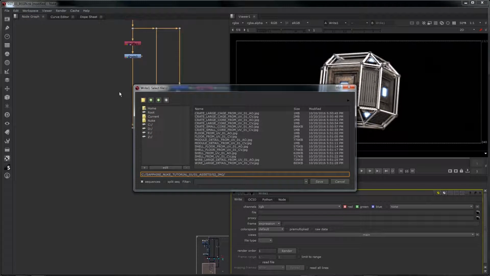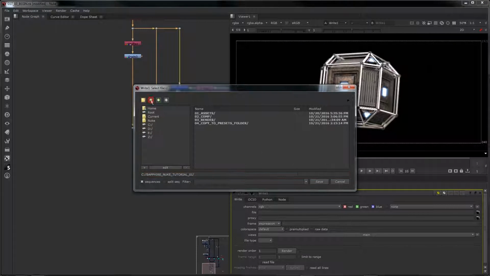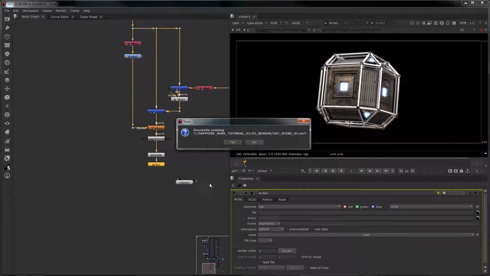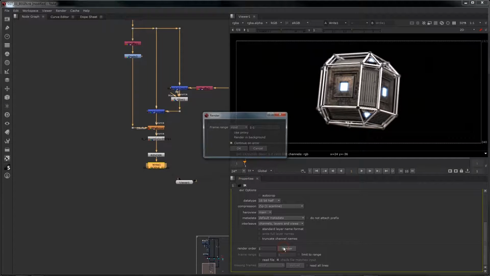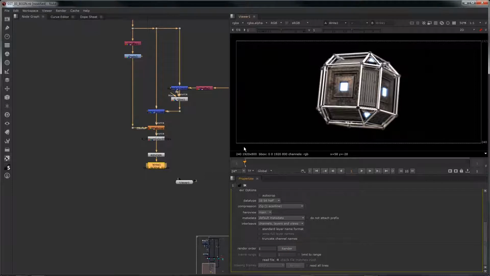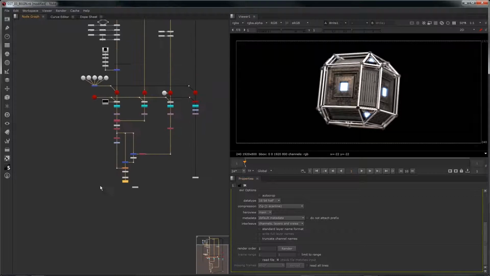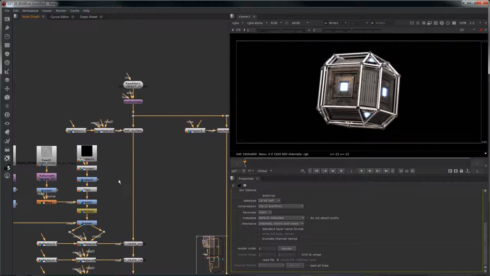Go to my file. Let's go to our render folder, and I'm going to call this GST scene 01.exr. Let's overwrite the one that I had in there, and we'll render this out. And there we go. So now we have created an image starting just from a raw Alembic file, and we